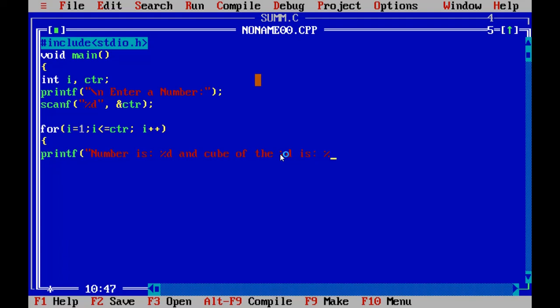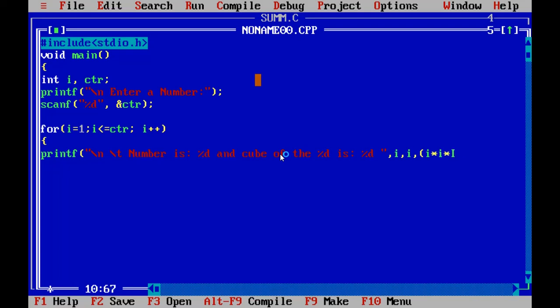This is the end of the control string. We write \n\t at the beginning of the control string, comma i, comma within the parenthesis i multiplied with i.